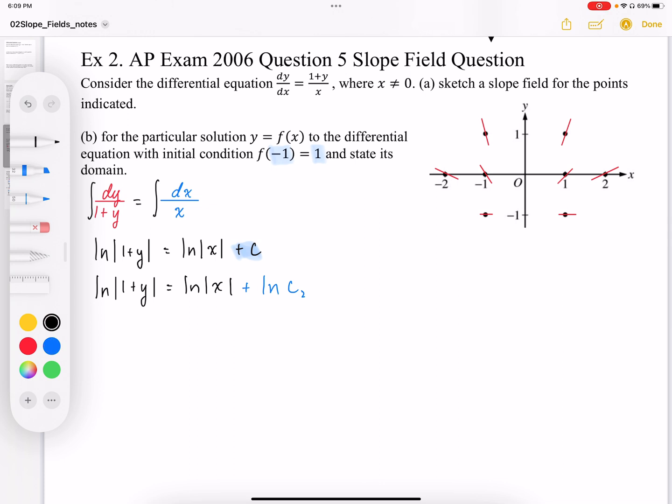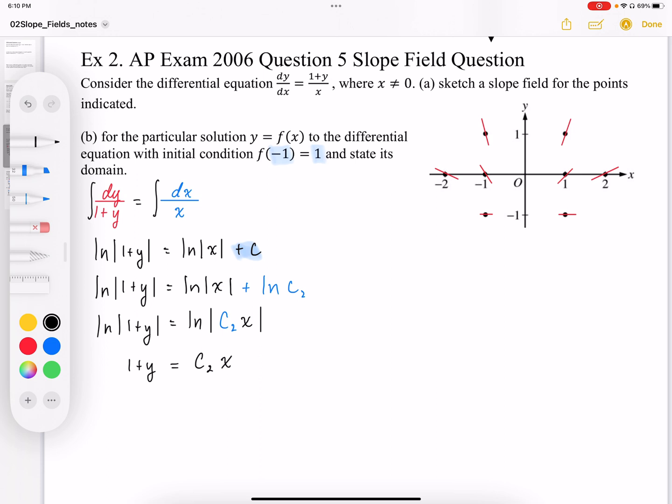And then I can rewrite this as log 1 plus y equals log, and then using log properties now, that c can be put together with the other log. And so now I just have one log on the right side, one log on the left side, and now I can get rid of the log. So before, I couldn't get rid of that log with any kind of plus on the outside. Now I can drop my logs. So this becomes 1 plus y, and you're going to drop the absolute value here. 1 plus y is equal to c2x,